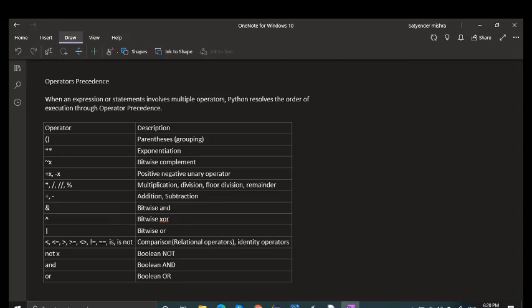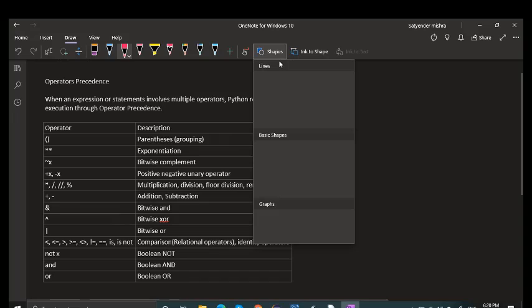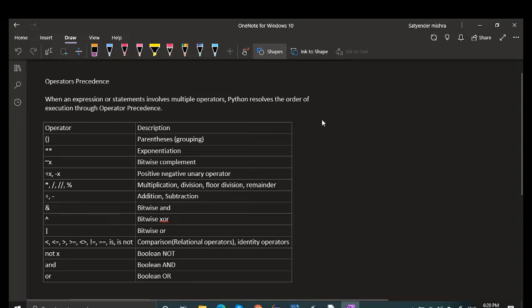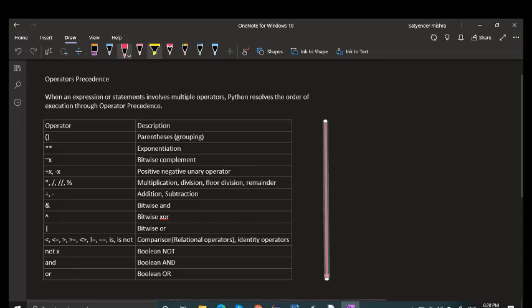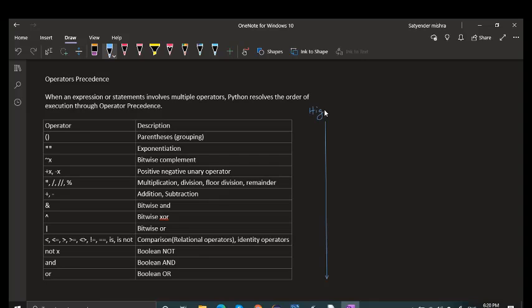Now we draw the precedence. We go to shapes, and I need this arrow. This is the highest, and this one is the lowest.